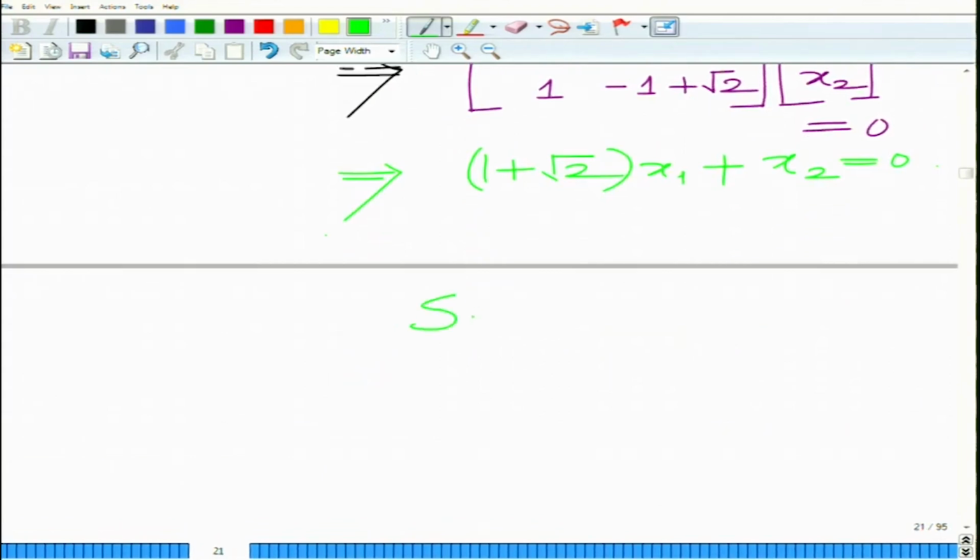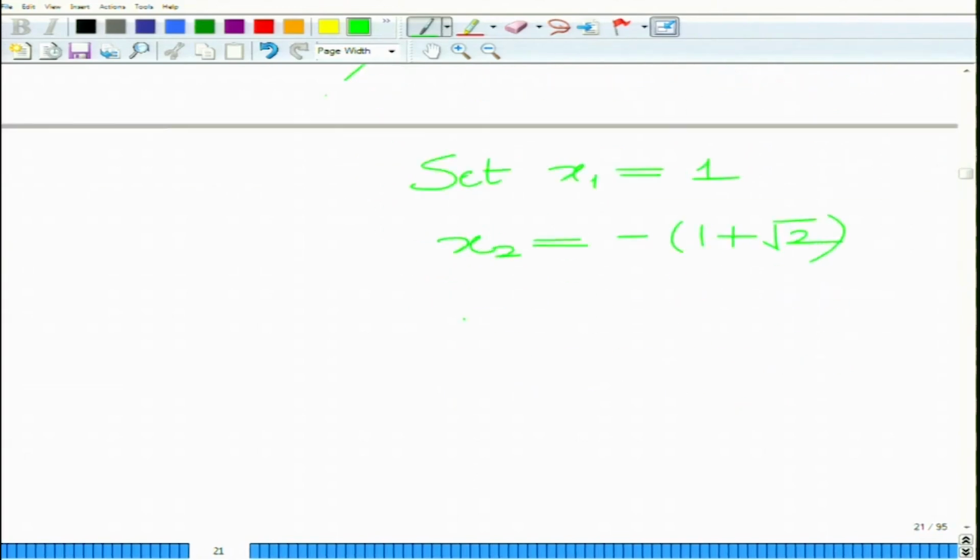And now once again we will set x1 equals 1, that implies x2 equals minus of 1 plus square root of 2, or minus 1 minus root 2,